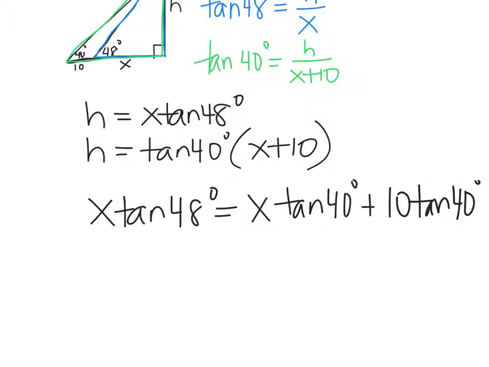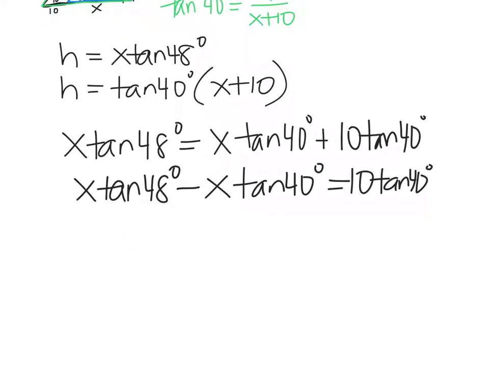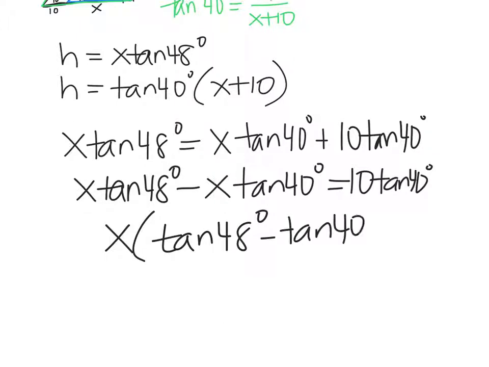So this is what you need to do. You need to get your x's together. So we have x tangent of 48 degrees. Subtract that x tangent of 40 degrees here. It's equal to 10 tan 40 degrees. And then go ahead and factor an x out to the front. So we get tangent of 48 degrees minus the tangent of 40 degrees, which is not the tangent of 8